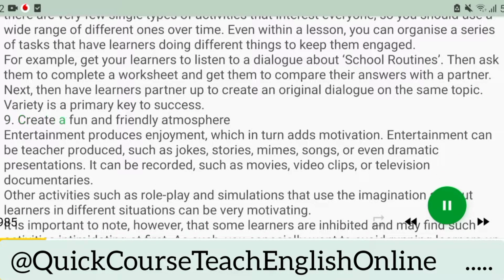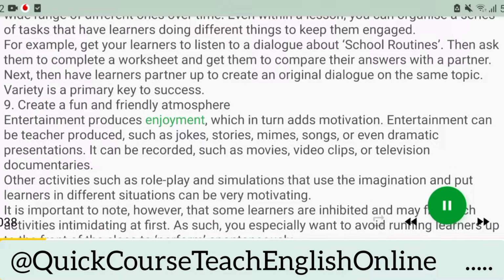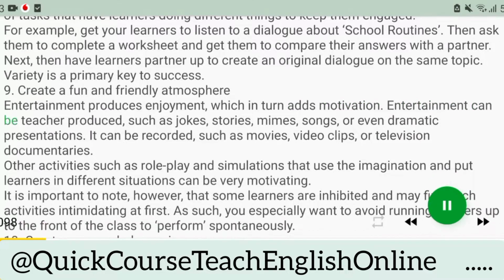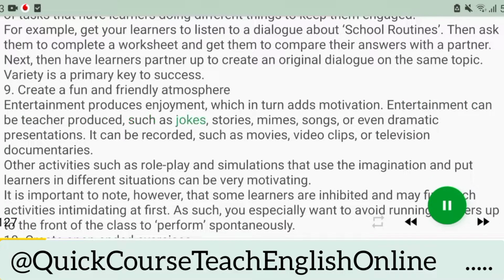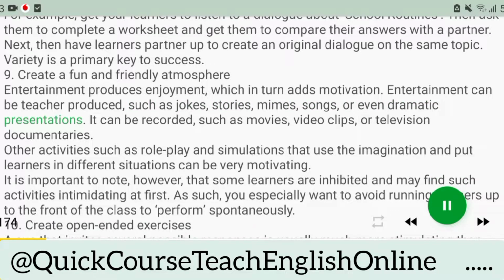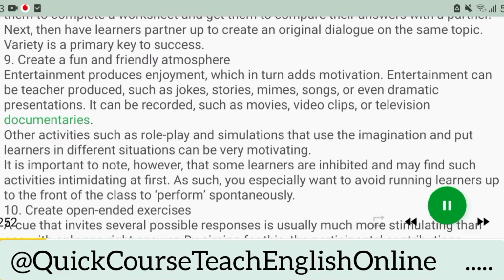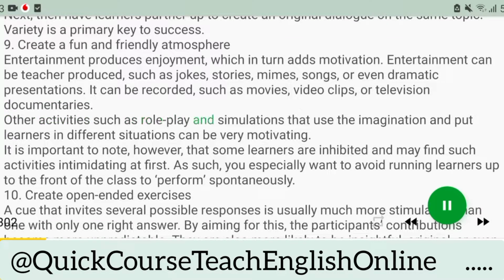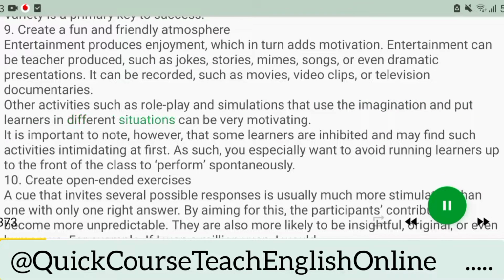9. Create a fun and friendly atmosphere. Entertainment produces enjoyment, which in turn adds motivation. Entertainment can be teacher-produced, such as jokes, stories, mimes, songs, or even dramatic presentations. It can be recorded, such as movies, video clips, or television documentaries. Other activities such as role play and simulations that use the imagination and put learners in different situations can be